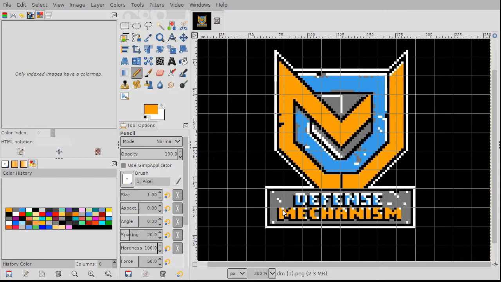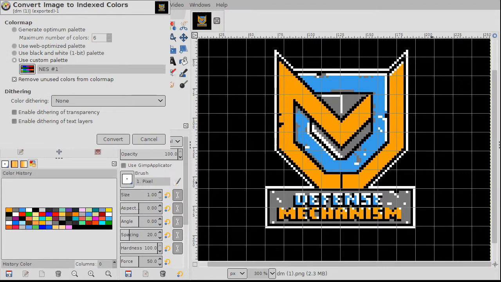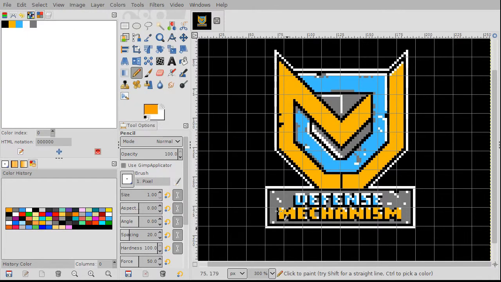What this is just going to do is take the colors that we have and convert them to the NES palettes. Oh, I forgot. I need to show this again. It's the same thing as earlier. We've got it. Okay, so I'm going to hit convert and we'll see what we've got. Okay, so it looks the same. The colors on this look a little bit weird, but